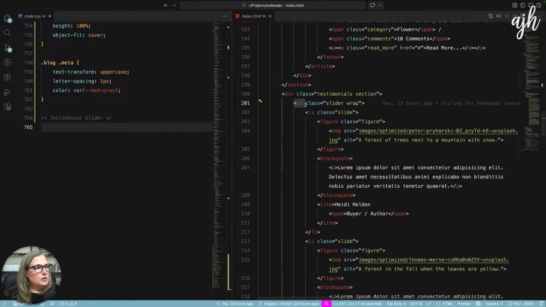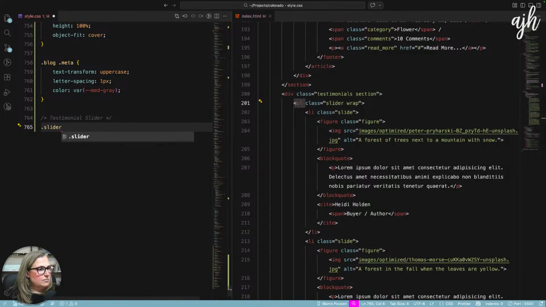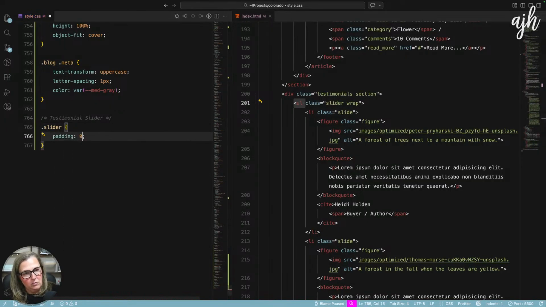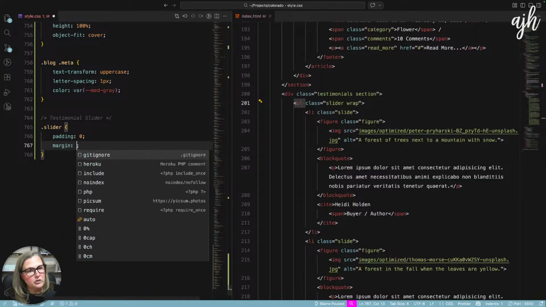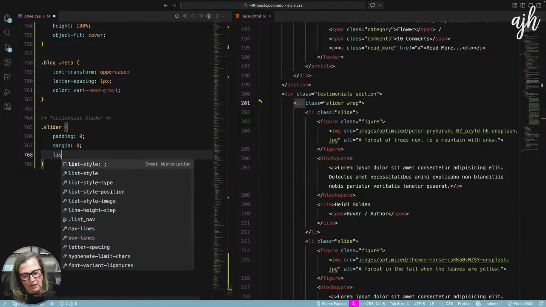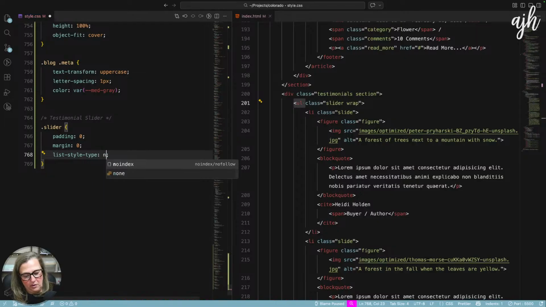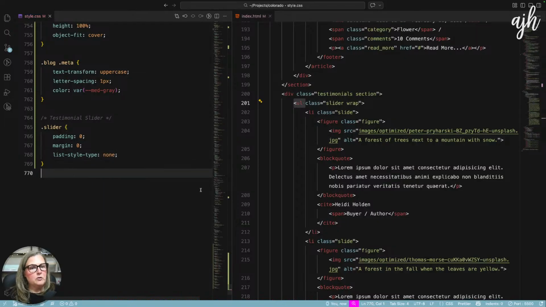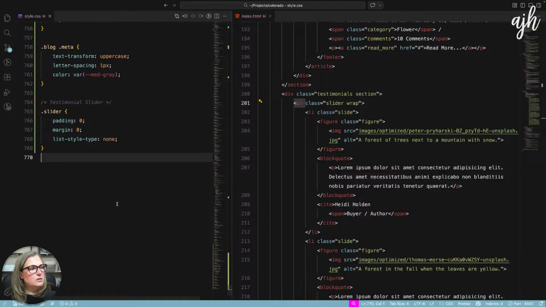So our unordered list is the slider. We'll start with that. It also has the wrap. So we're going to say padding 0, margin 0, and list style type none to remove those default unordered list styles.